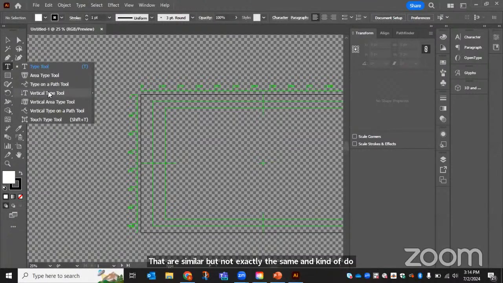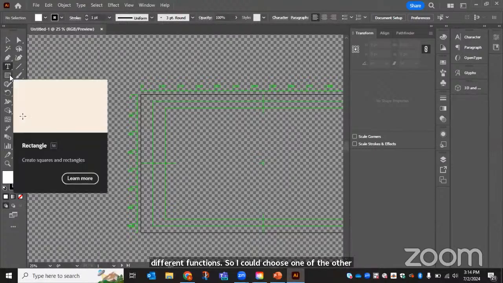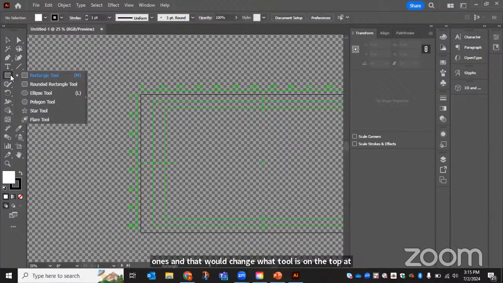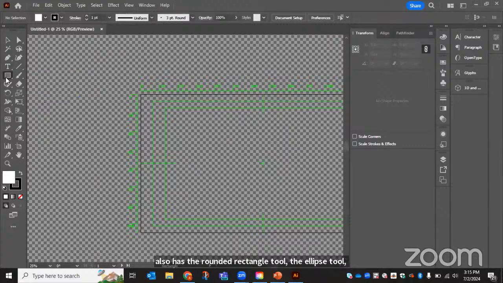So I could choose one of the other ones and that would change what tool is on the top at that point. I could also do that for any of the tools that have that triangle feature. So for example, the rectangle tool also has the rounded rectangle tool, the ellipse tool, the polygon tool, the star tool, flare tool. Lots of tools are grouped together and they try to make the palettes as similar as possible, but sometimes if you're looking for a tool and you just can't find it, you're going to have to do some digging, unfortunately. Okay, so